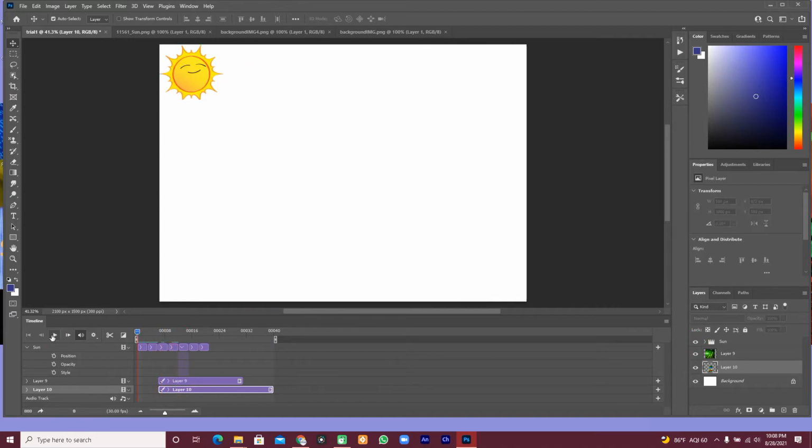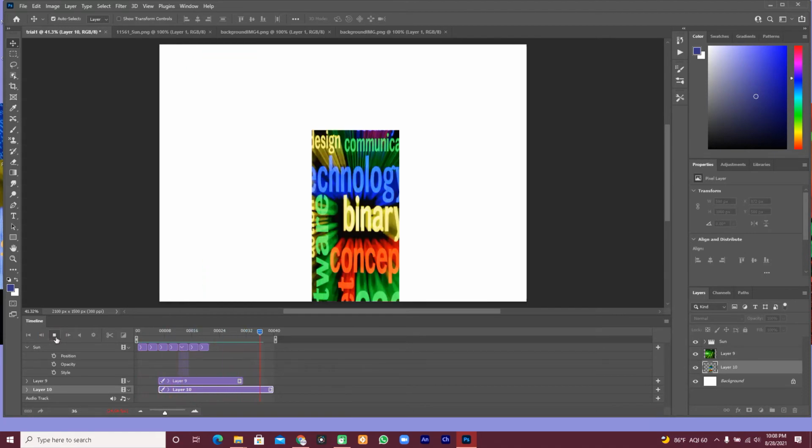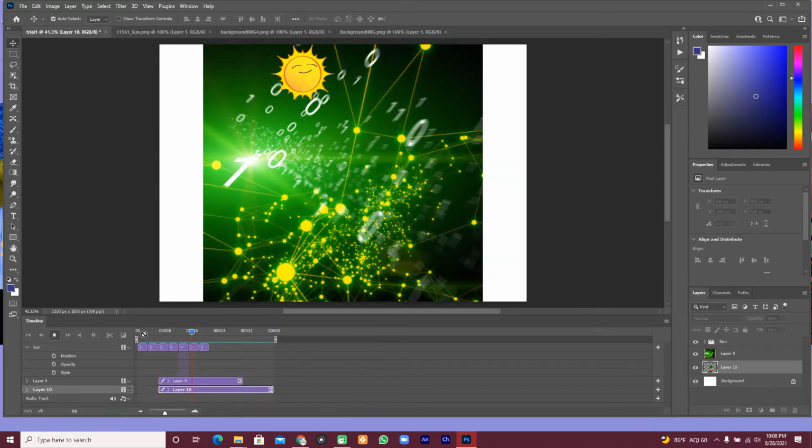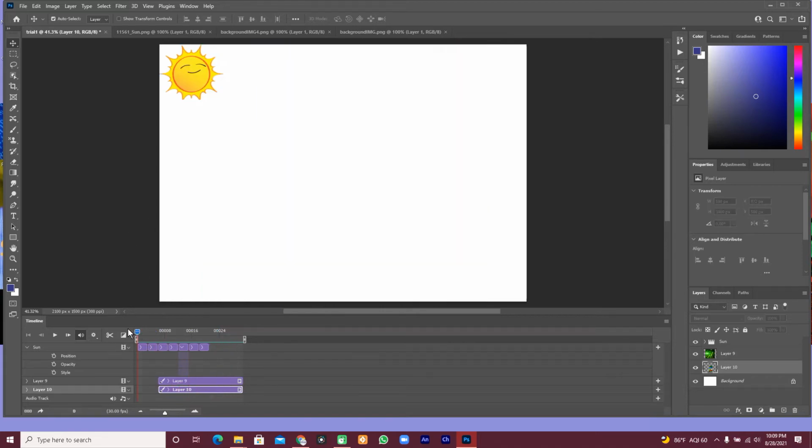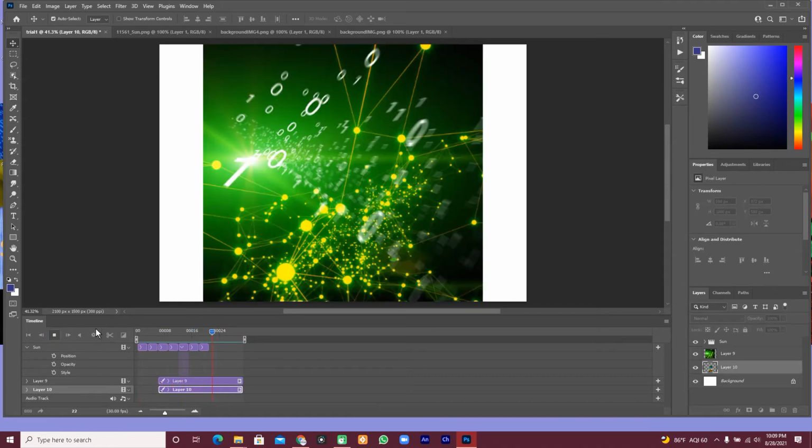Here you go. So we have this, and then let's also make it the same length as layer 9, and I'm going to just erase a part